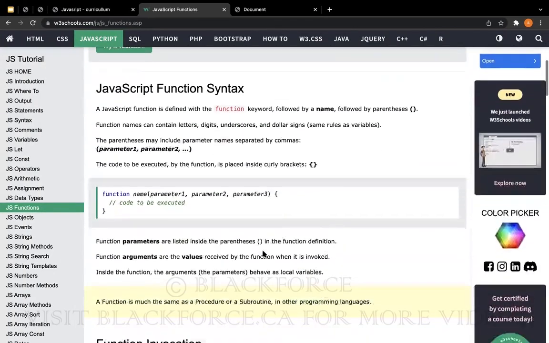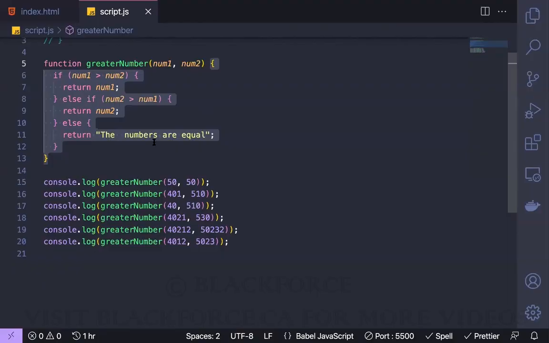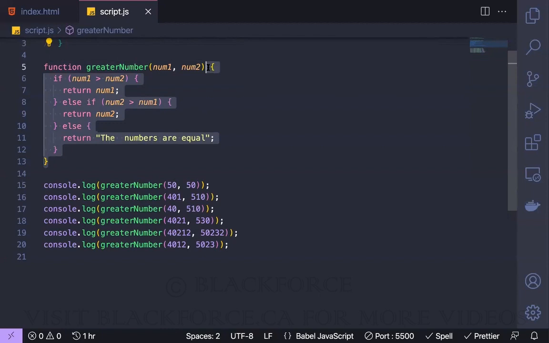So I don't want to read through all this stuff. This is just the summary of what functions are and what they are used for. You can use it to do more complex stuff and just call the function. If you have arguments, you can call it with different